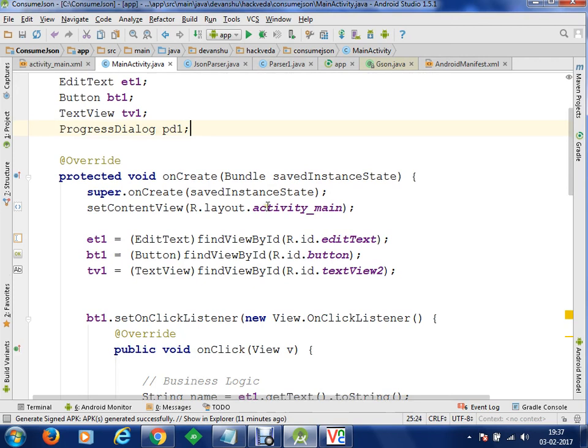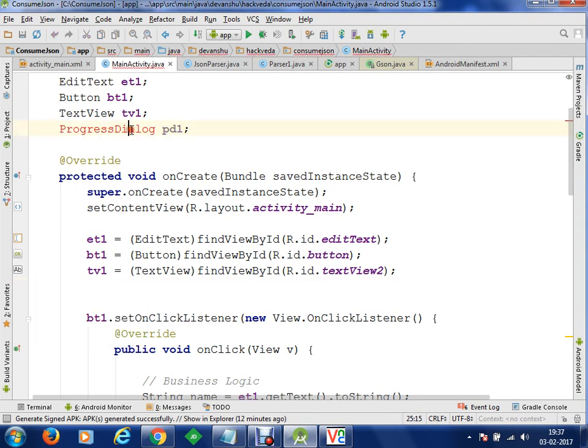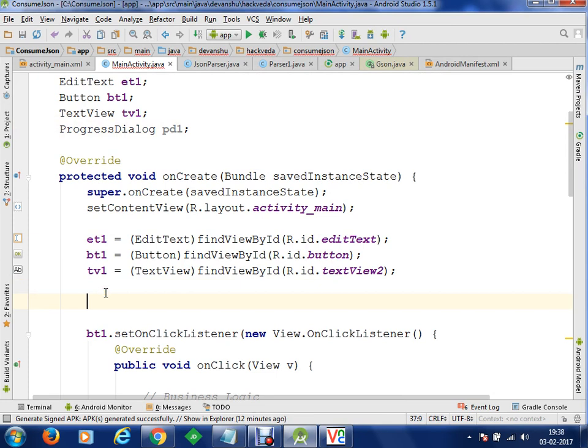Let's import progress dialog. And once we have imported the progress dialog, we'll click here, we'll auto import progress dialog. We'll reach to the code here, and here we can create new progress dialog.